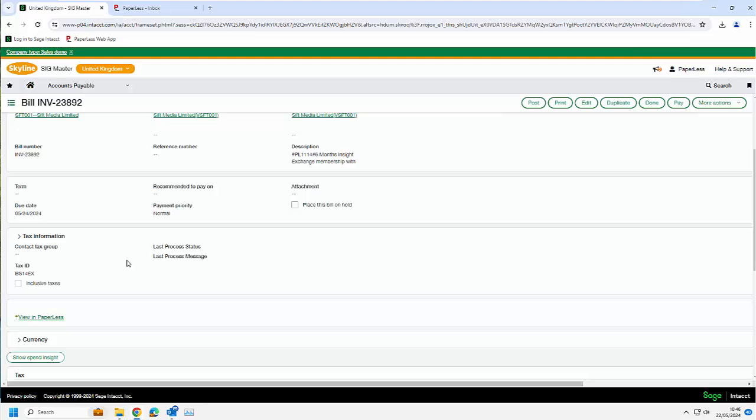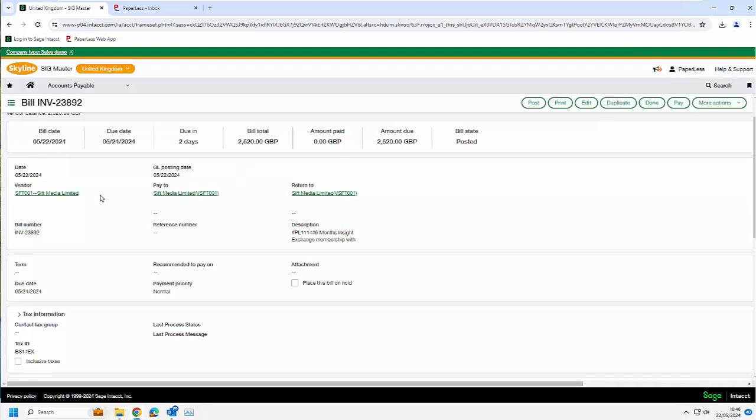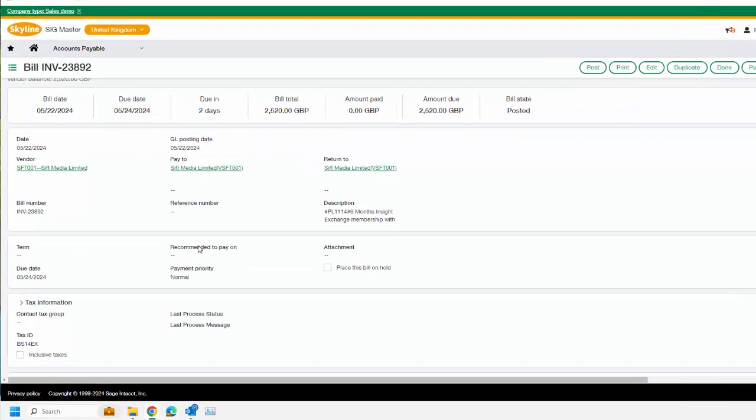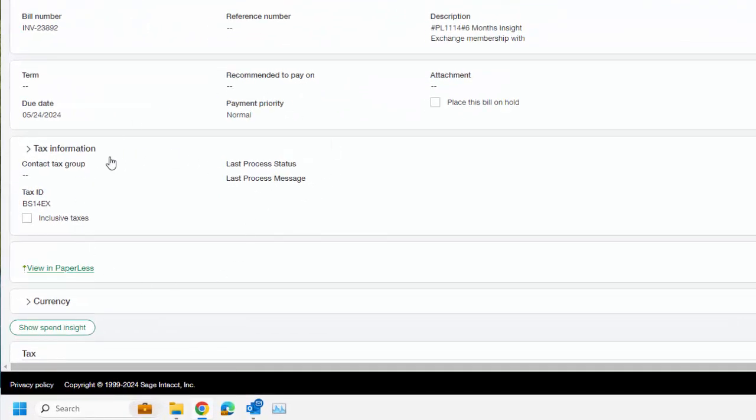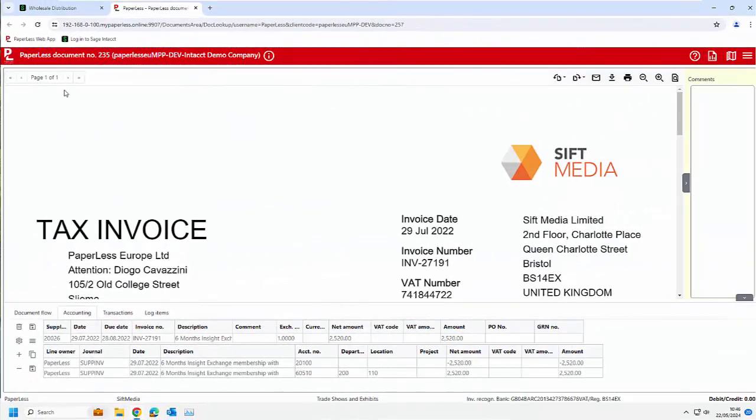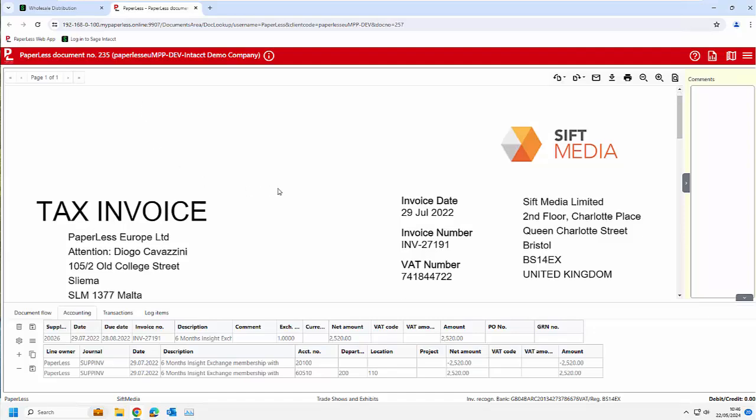of their accounting data. However, as we can see on these transactions, PaperLess also automatically links the invoice to the corresponding transaction, so that no more time is spent by the accounts team on manually archiving or searching for invoices. If we click on the PaperLess button, Sage Intacct users have immediate access to the invoice as well as any